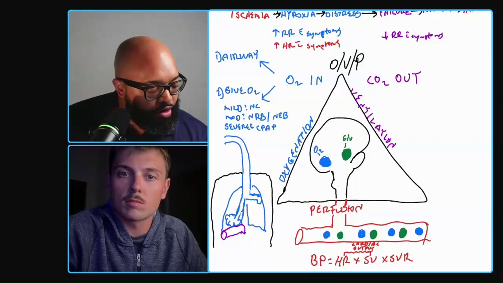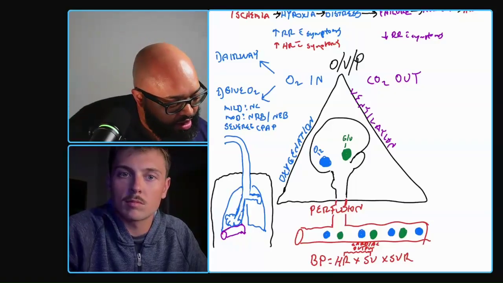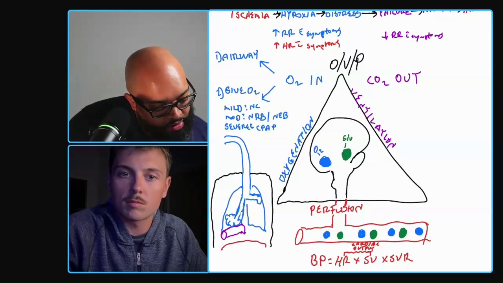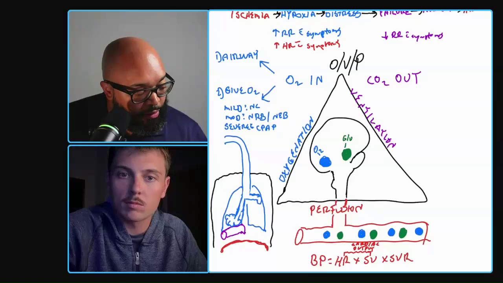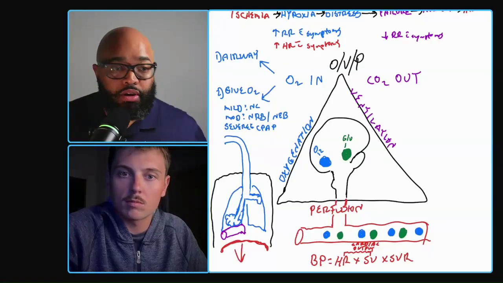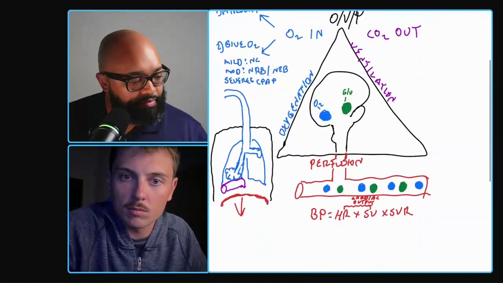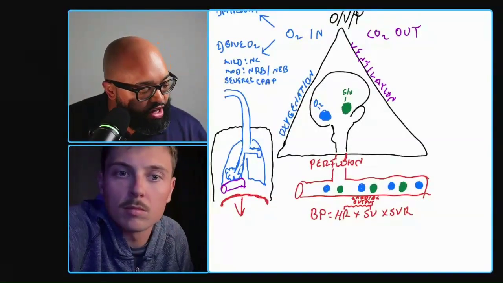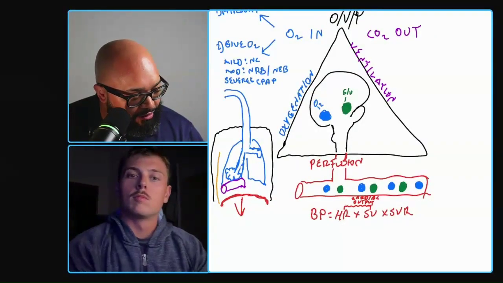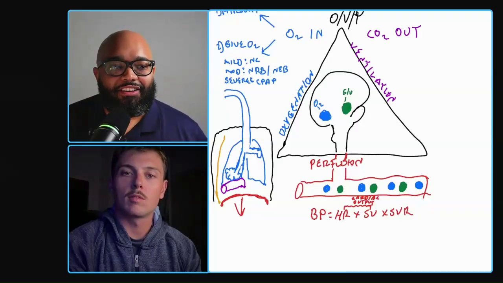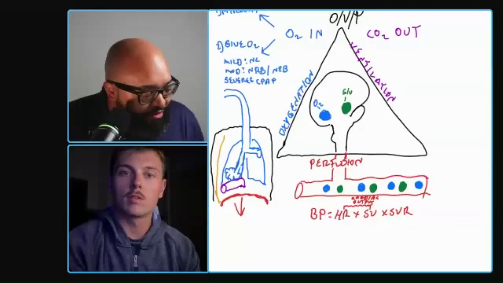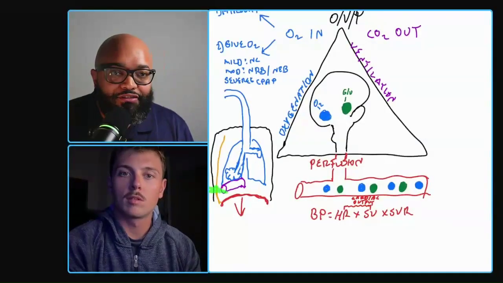Now, in order to be able to take a breath, you have to have, all right, so what's this big muscle down here? This dome-shaped muscle that looks like that. What's that big dome-shaped muscle that when it contracts, it goes down? Diaphragm. Okay. And what's the nerve that powers up the diaphragm? What's that nerve called? The phrenic nerve. Okay.